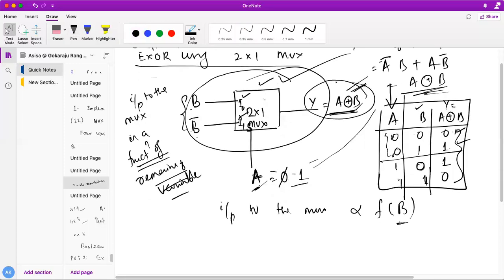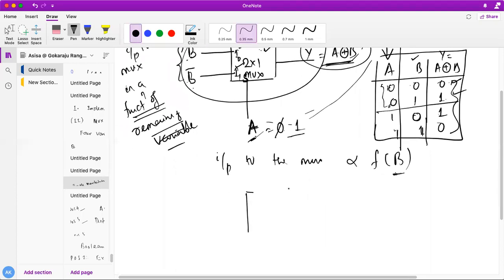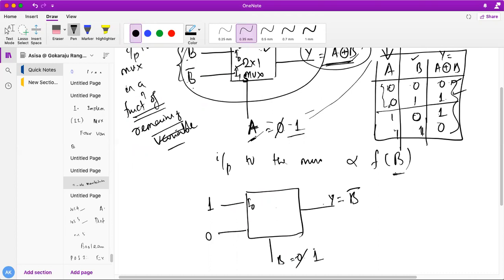So now you see here, I just need how many mux here? This is one of the mux. Again for B bar, I need another mux. So B bar is nothing else, like this I can do. So this is my select line B. If I put 0 here, this I0 is going to be selected as my output. Output I am expecting here is B bar. So if I put 0 here, what can I expect over here? B bar, which means 1. Now if I put 1, what should it be? 0. Because B equal to 0, I'll be getting B bar 1. B equal to 1, I'll be getting B bar equal to 0.